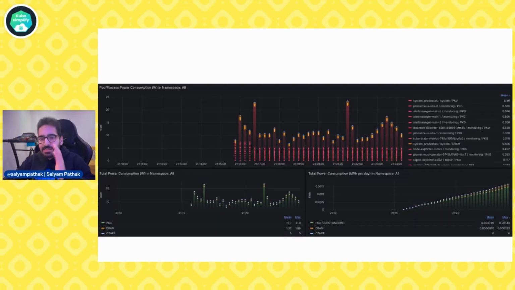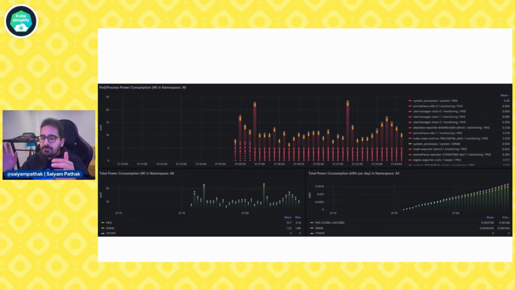This is how the dashboard of Kepler looks. You can see the total power consumption in all namespaces, in kilowatt hours. You can filter by namespaces, you can filter by workloads, you can sort it.